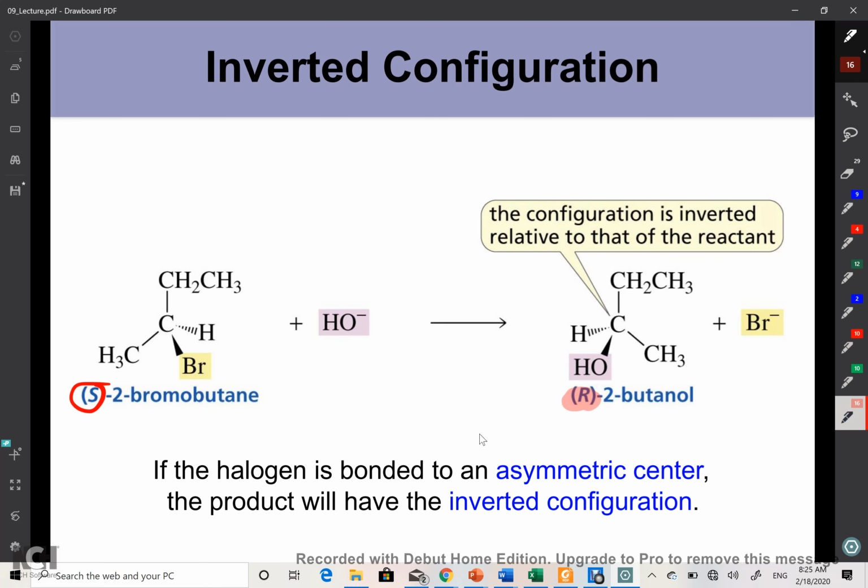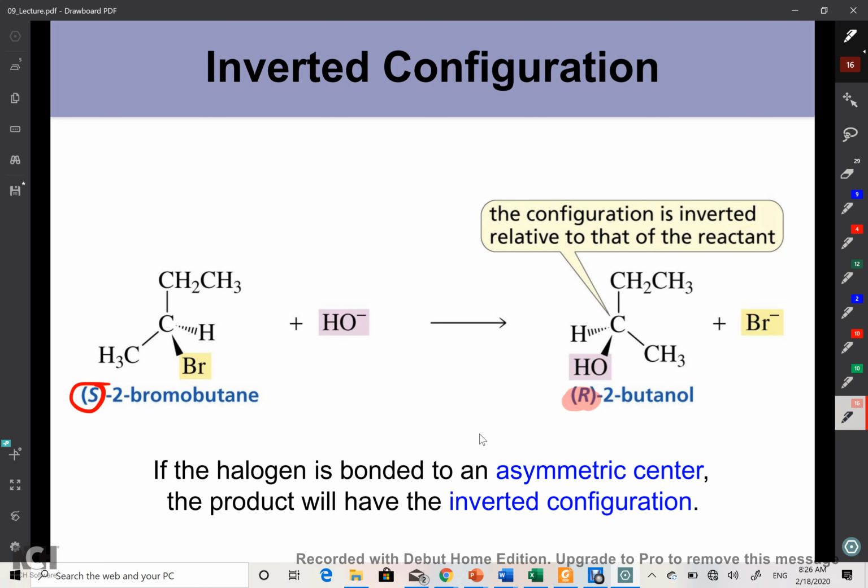Does that make sense? So the third observation we know about this kind of reaction is that if I start with an S molecule, I will end up with an R molecule. It means there's an inversion of configuration. That should already give you an idea. What kind of idea should that give you about this mechanism? If I start with the S and then I end up with the R,